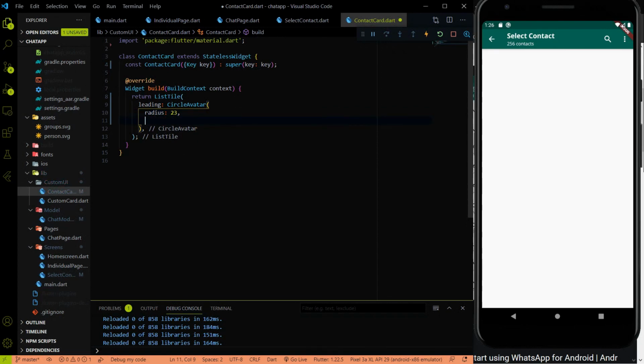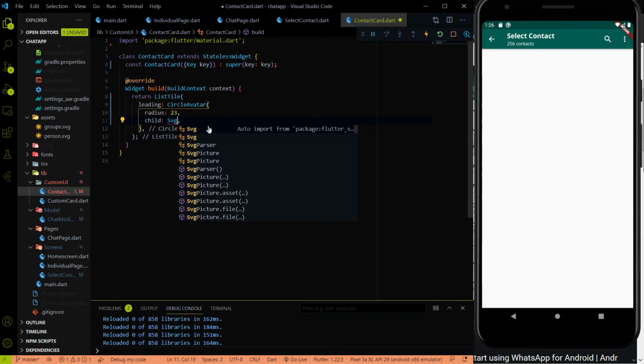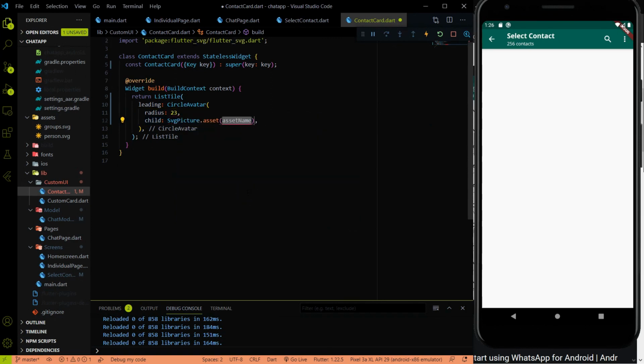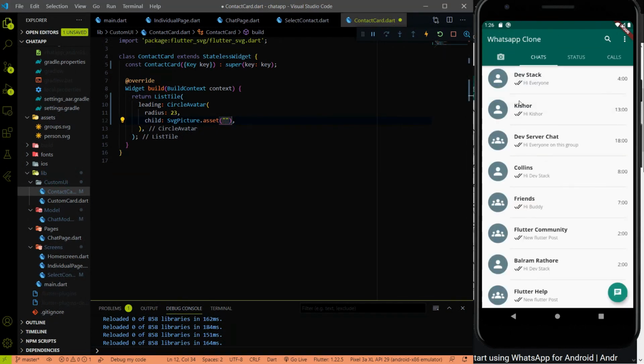And here we have to use the child, the SVG picture. Remember, we used the same thing on our chat page. Sorry, I forgot that. We use the same thing over here also.